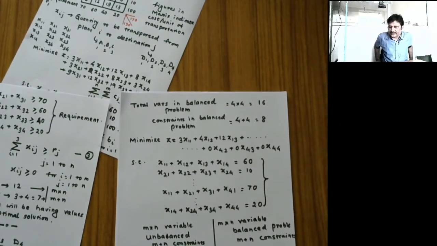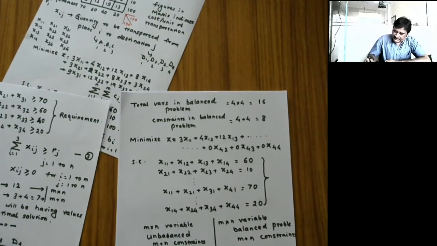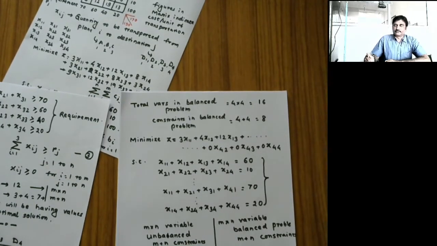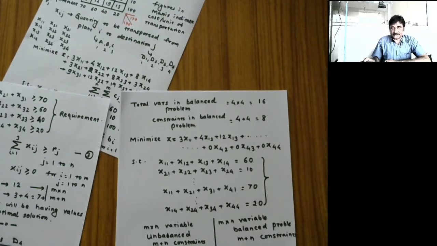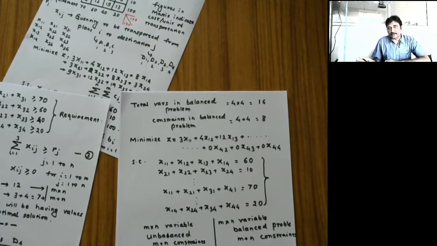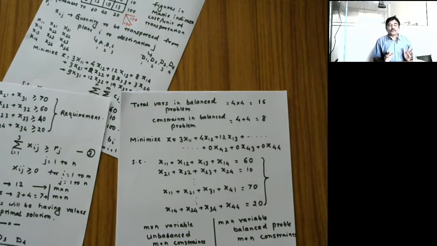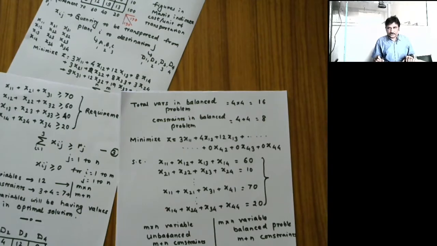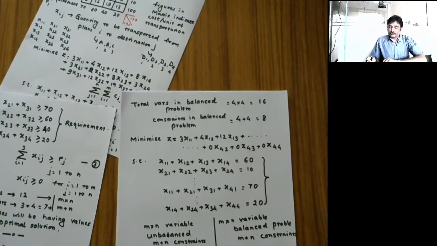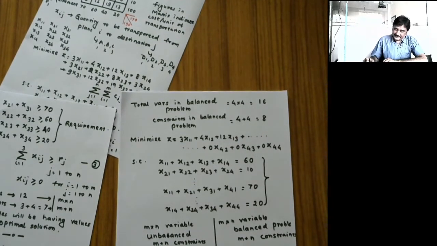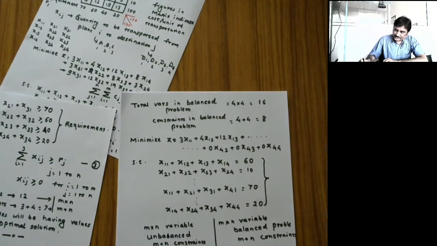One constraint is redundant. So this implies that the method which is coming ahead will be dealing with balanced problems only, because it is very easy for us to convert an unbalanced problem to a balanced problem. That you have seen. You either have to add a row or a column depending upon what is short. So we will be solving balanced problems only, and in a balanced problem m plus n minus 1 variables